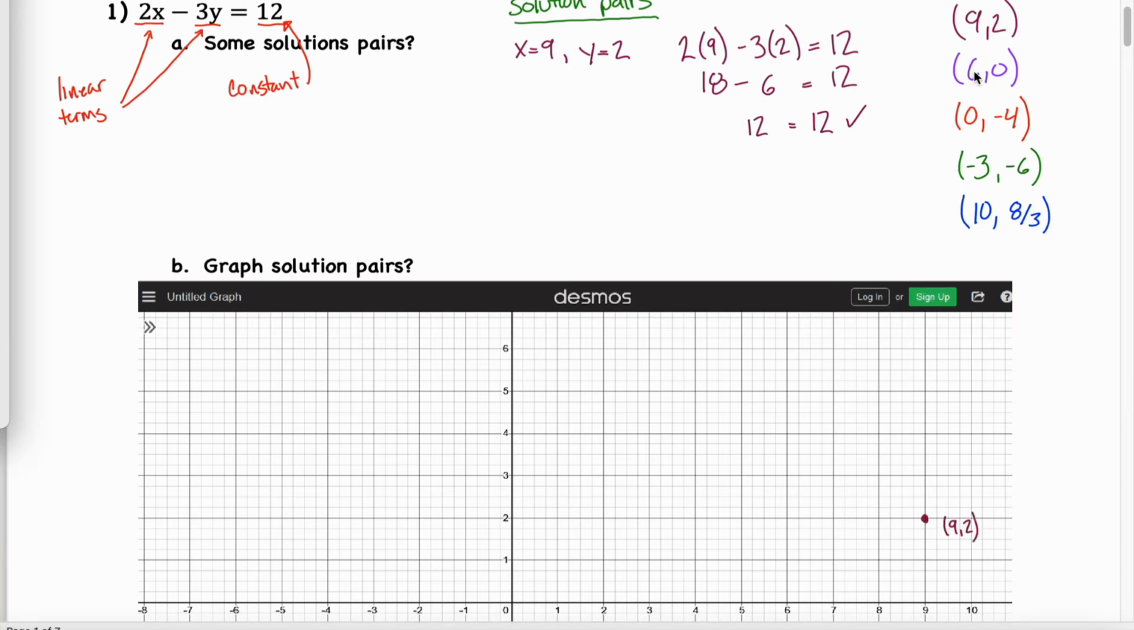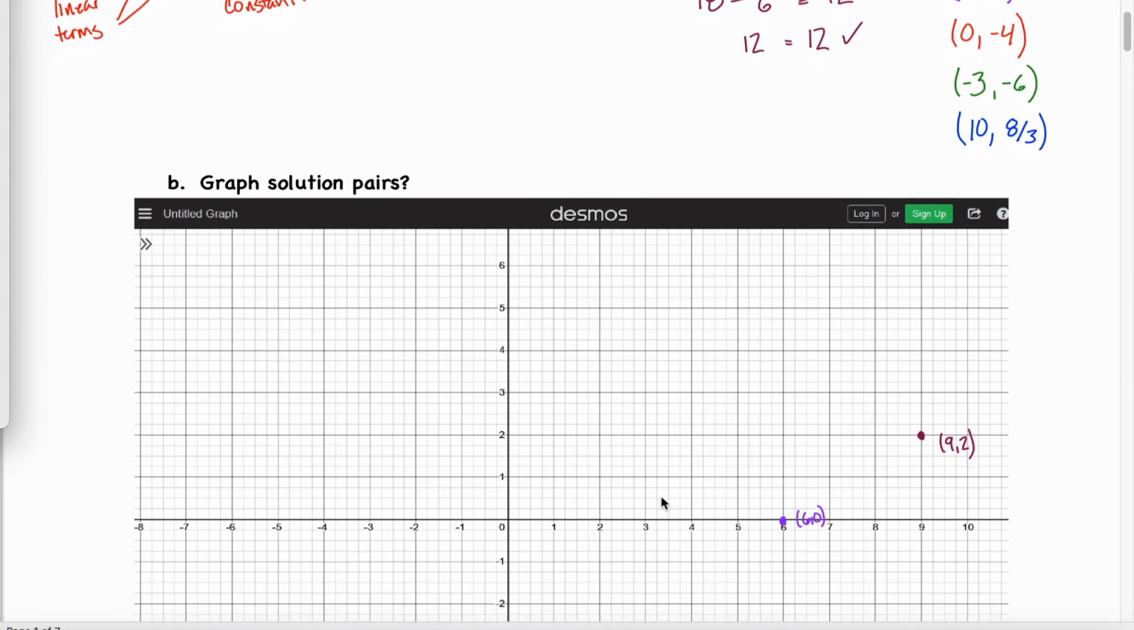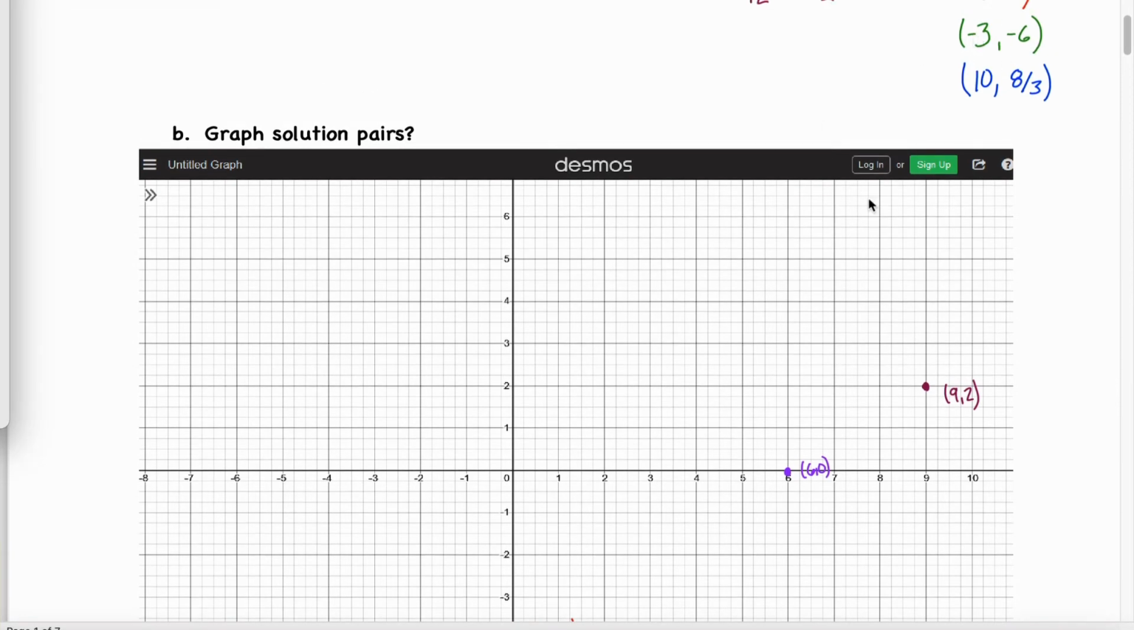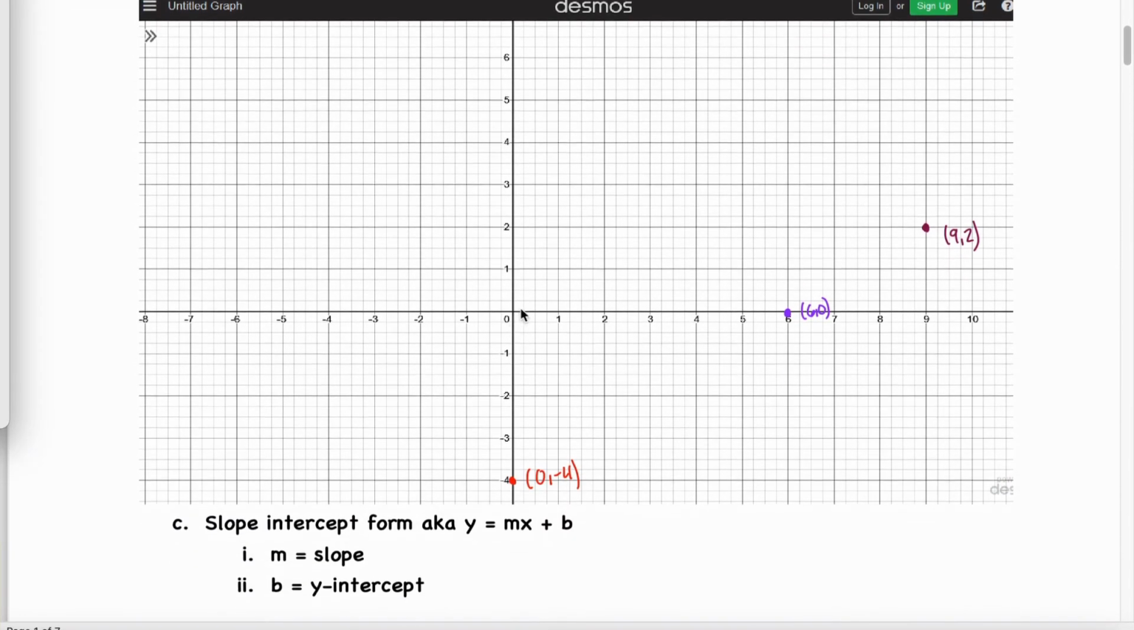Similarly, this point that has an x coordinate of 6 and a y coordinate of 0 would lie right here. This point that has an x coordinate of 0 and a y coordinate of negative 4 would lie down here. Our next point, which is at negative 3, negative 6, isn't quite going to fit on my graph, but I guess loosely speaking it would be, I don't know,